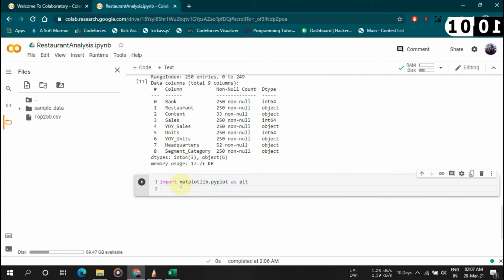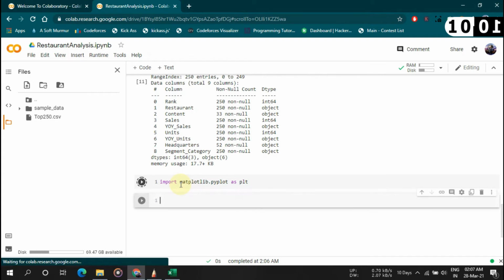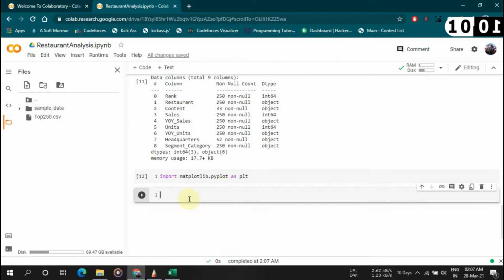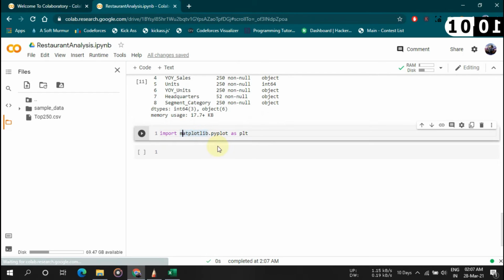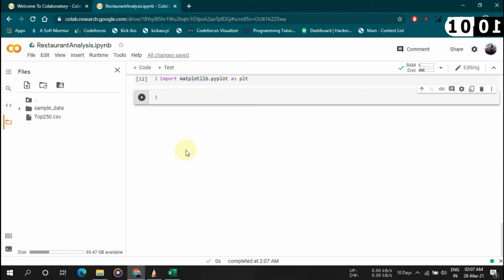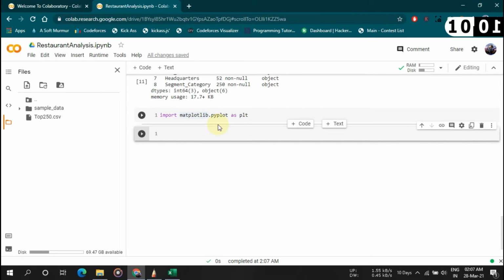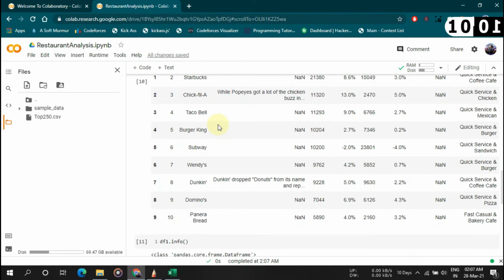And now if you want to see your graph, first I have to run this and see if it is running or showing any error. So you can see that it's not showing any error. If you want to see the graph, you can use the matplotlib library and get a graph of the data. Like you can get a pie chart, a table chart, or a bar graph, or whatever graph you want to represent, you can get that. Okay, so this is what it is used for.